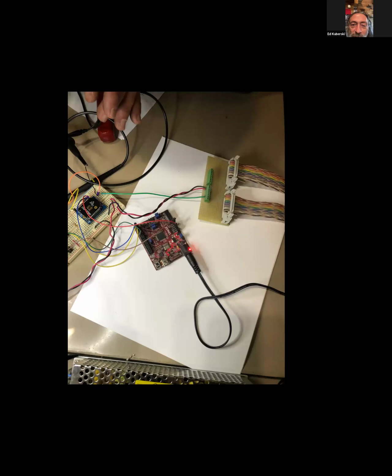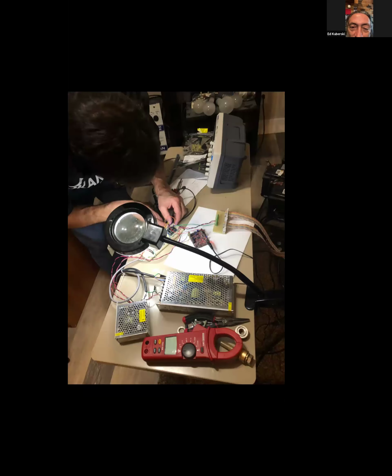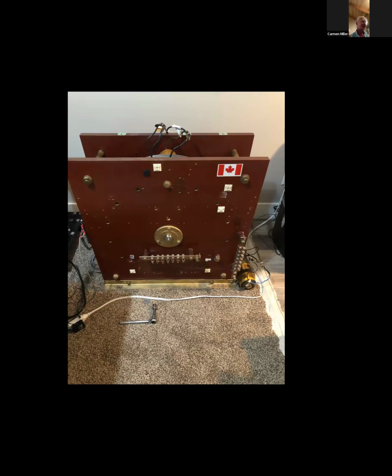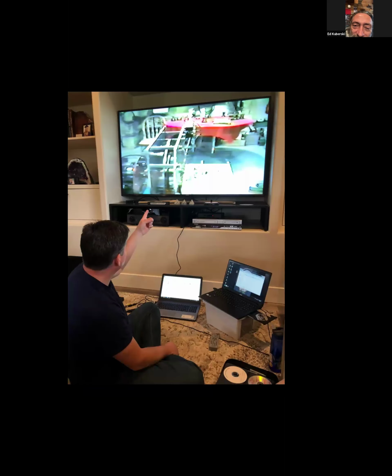What have you got there? So this is us working on my dad's prototype. That's the machine that we started up. And that's a video that Eric's pointing at, of it operating. Yeah, that's a different one actually. That might even be his induction motor.